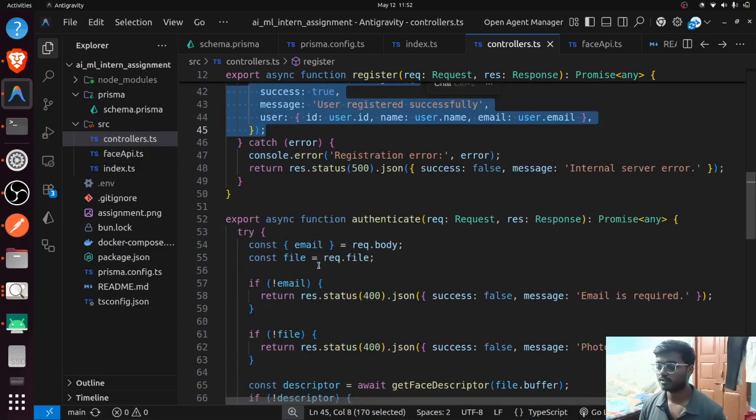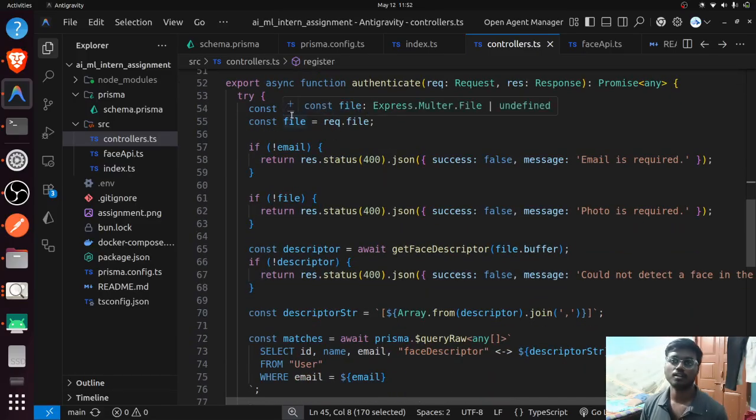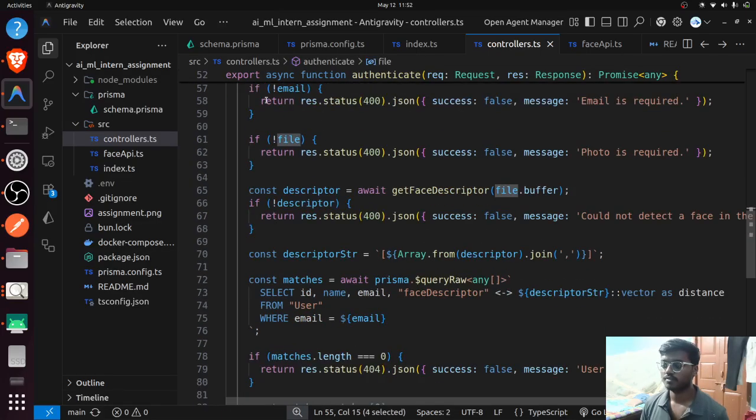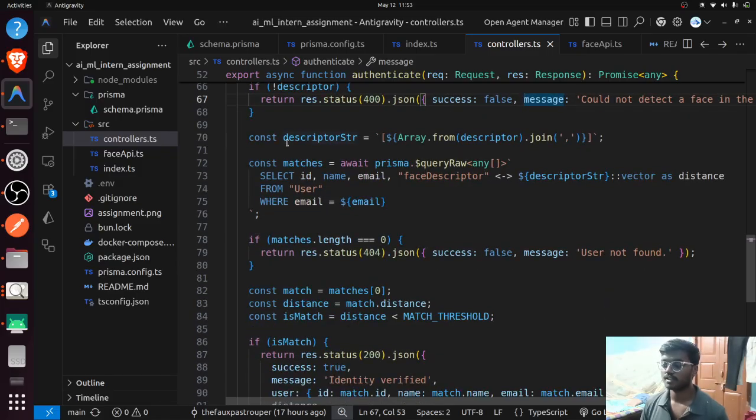Now let's look at the authenticate API, the authenticate handler. It will expect us to provide an email and the multi-part form data file. If the email is not there, it will just return success false. Now if both of them exist, it extracts the descriptor. If it again cannot find the face, it will say could not find the face, and after that it is